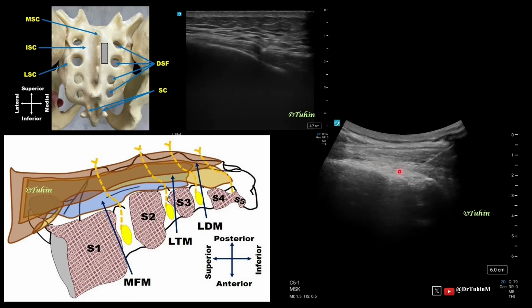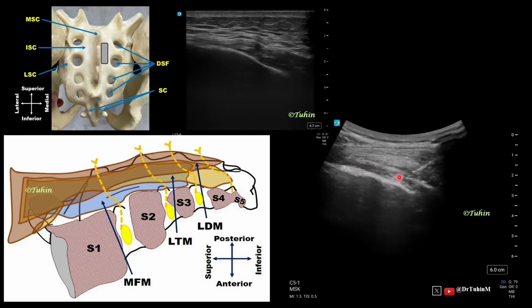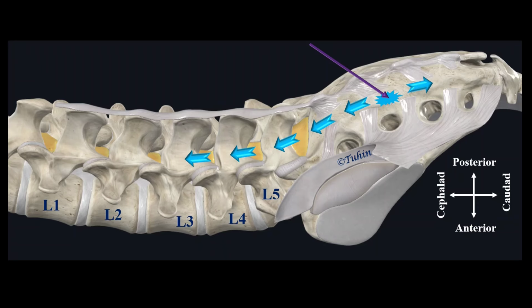I know it is an overlaid picture. I deliberately did that. Now you can see this hypoechoic area is all local anesthetic spread. The three muscles are here, and this entire hypoechoic area is local anesthetic spread. Caudally there is a restriction to this spread because of the attachment of the multifidus muscle and the longissimus thoracis muscles. Drug will spread in the path of least resistance, that is in the cephalad direction, and ultimately block the lumbar